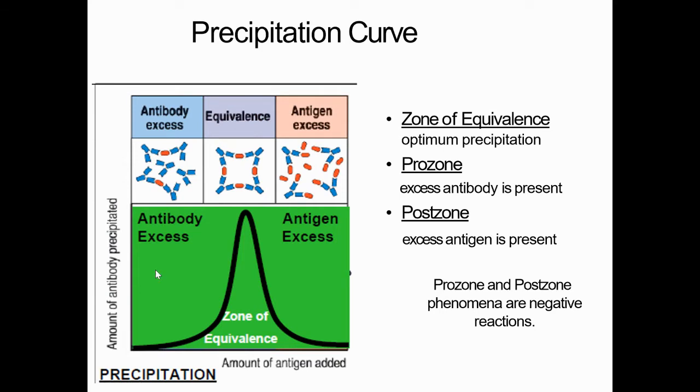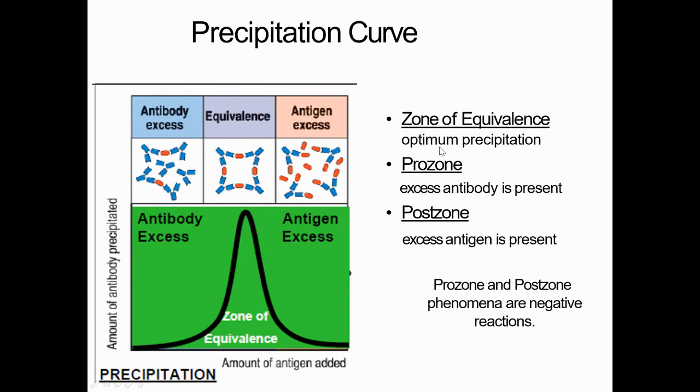So you get the precipitation peak in the zone of equivalence, with the maximum amount of precipitation. The precipitation level will be higher in the zone of equivalence. This is the most important thing. Whenever the amount of antigen equals the amount of antibody, the reaction will be at the zone of equivalence, and you will get more precipitate. This is what the precipitation curve denotes. So just remember these things.